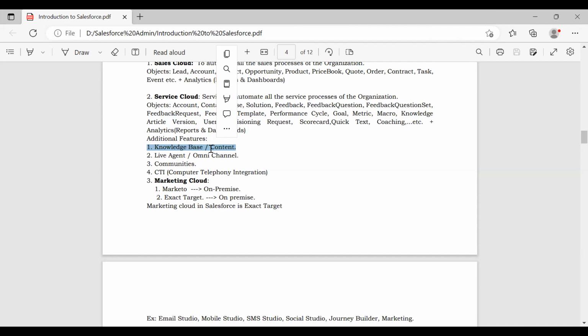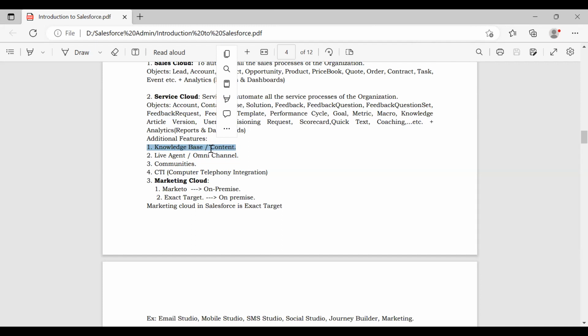So for very small problems, we need not contact customer care every time. In order to resolve that case or problem by ourselves, they provide this feature called knowledge base or content. As part of this feature, you'll have questions and answers for the small, frequently occurring problems which the customer may face with the product, and how to resolve them. That is called knowledge base or content.